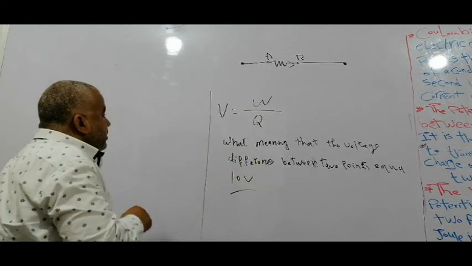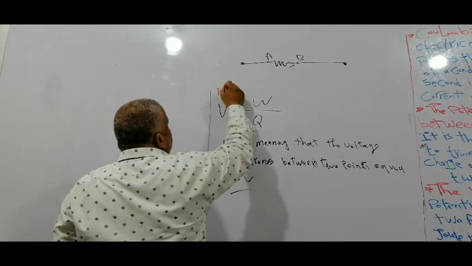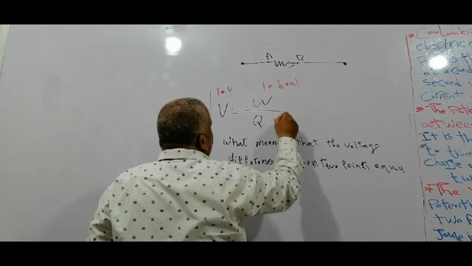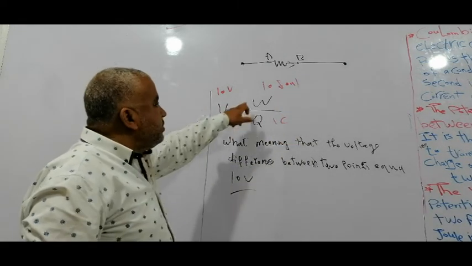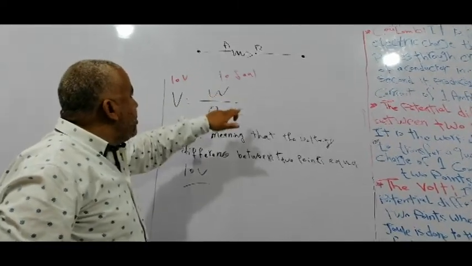In this case, a voltage difference of 10 volts means 10 joules per 1 coulomb. So it is the work done to transfer 1 coulomb between 2 points equal to